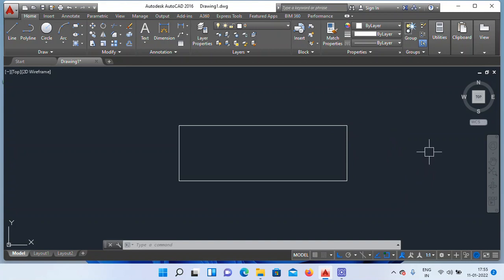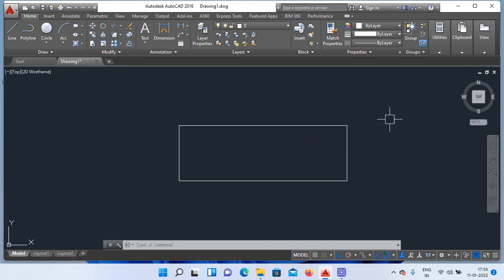How? Apply the zoom all command. Soon after applying the zoom all command, the circle object will be placed in its original position or original location.